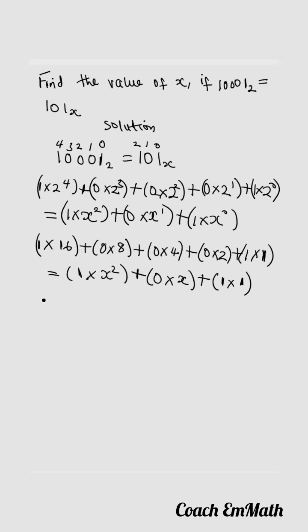Alright, so 1 times 16 is 16, plus 0 times 8 is 0, plus 0 times 4